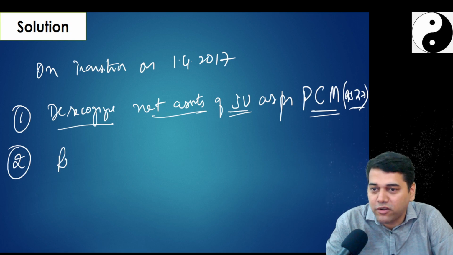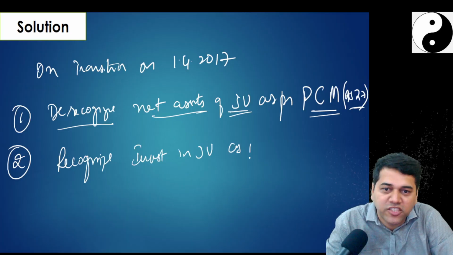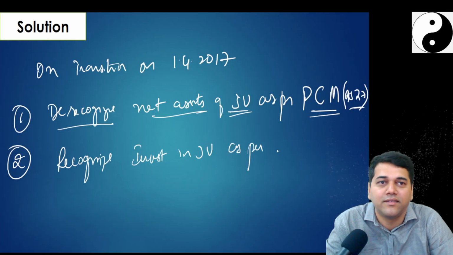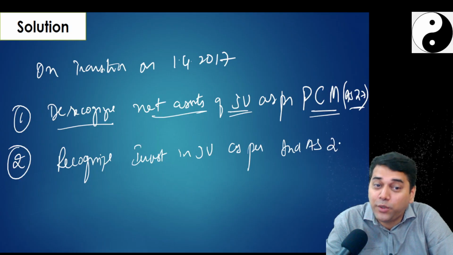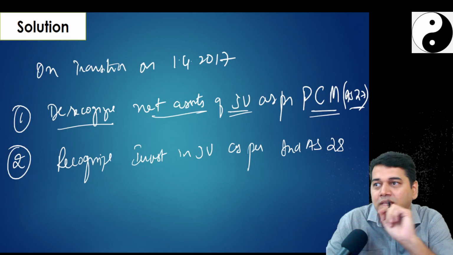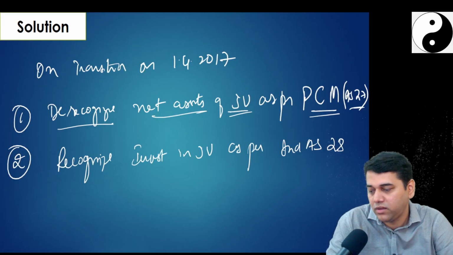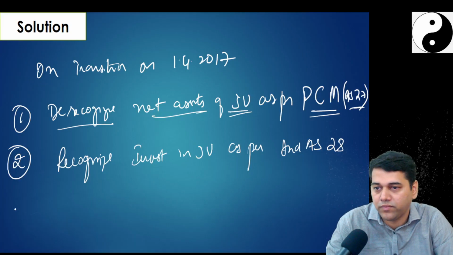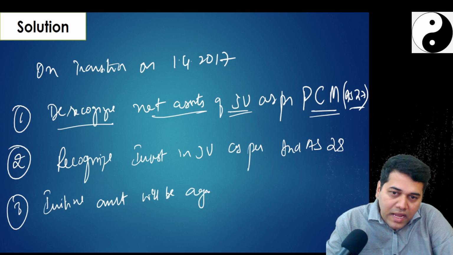Okay, next, recognize investment in joint venture as per what? Ind AS 28, not 111. 111 will take only classification. It will not tell you accounting. Accounting is spoken in Ind AS 28. Now, what is the initial amount? Initial amount will be aggregate